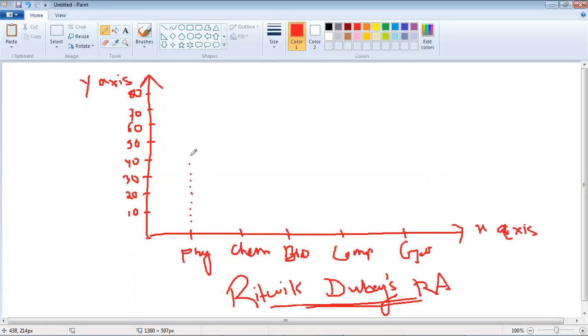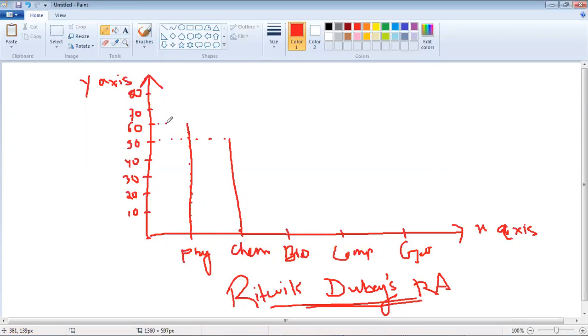Now suppose I have secured 60 in physics. Just see, where is that 60, this one is the 60. Clear? So I will draw a line like this. Now suppose I have secured 50 in chemistry, you can see 50.